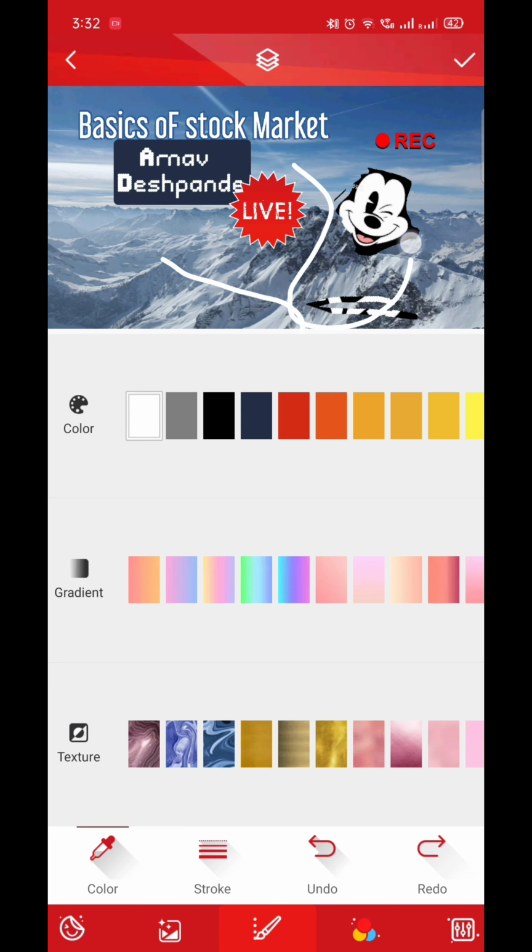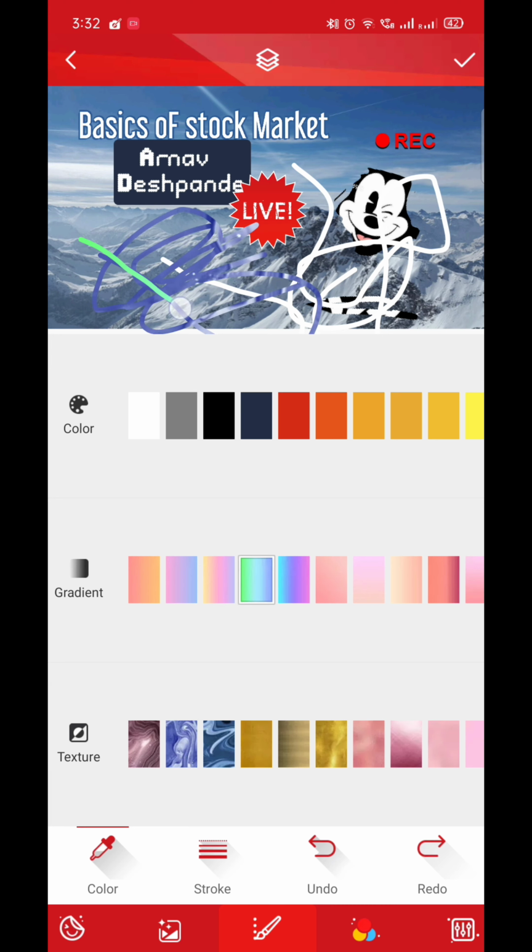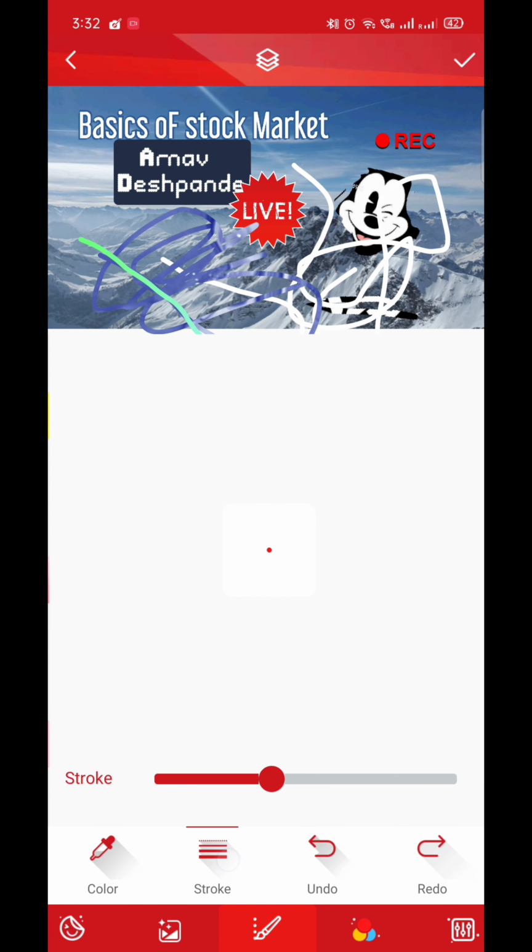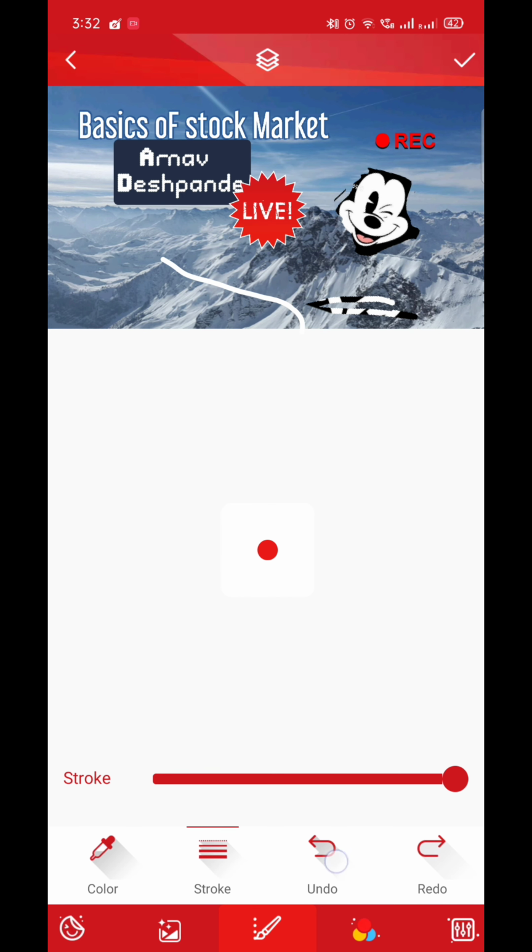If you want some painting, you can choose the color, texture, or even gradient. Many features are there in this one. And also you can adjust the stroke or density of this one. So as you can see here, as I have increased the density, I'll undo everything because it is not looking so pretty. So you can do it in this way.